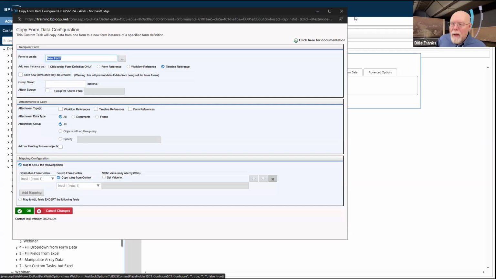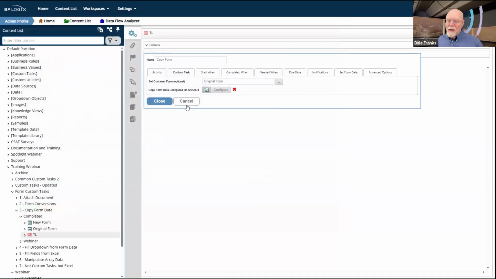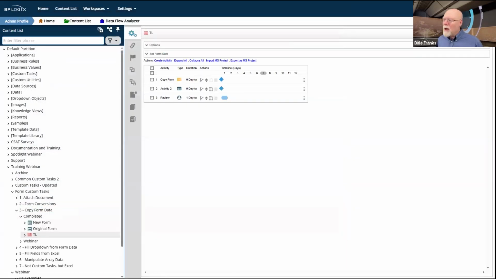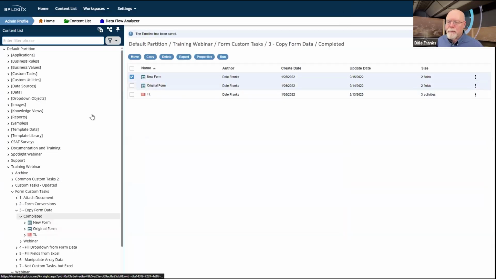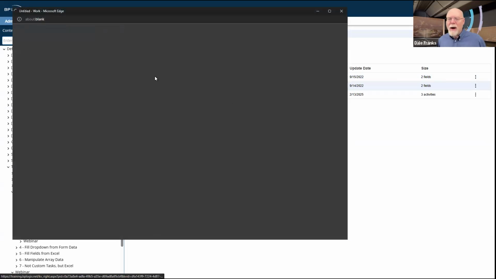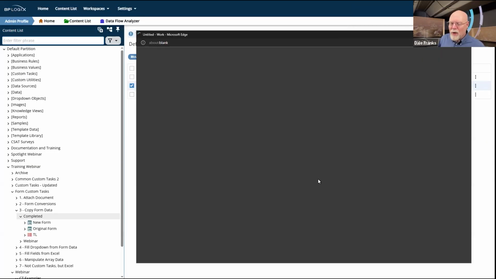Now, normally, the way that I would implement this, we'll just close this right now, and we'll just run it real quick. That's the new form, which I don't want to run. This is my original form. Neither of these two forms is super impressive, and they don't do a whole bunch, but I have this original form.